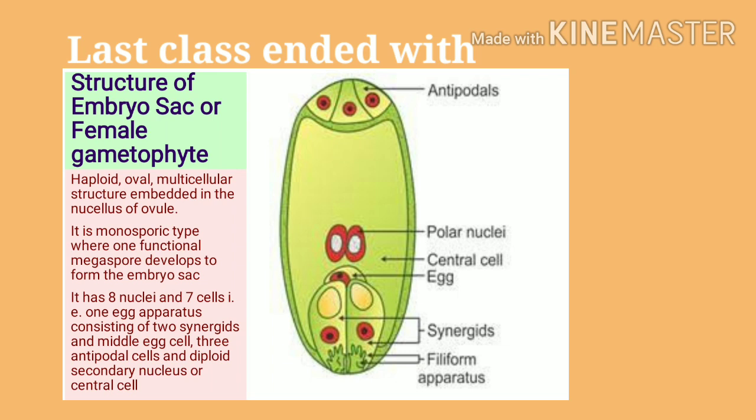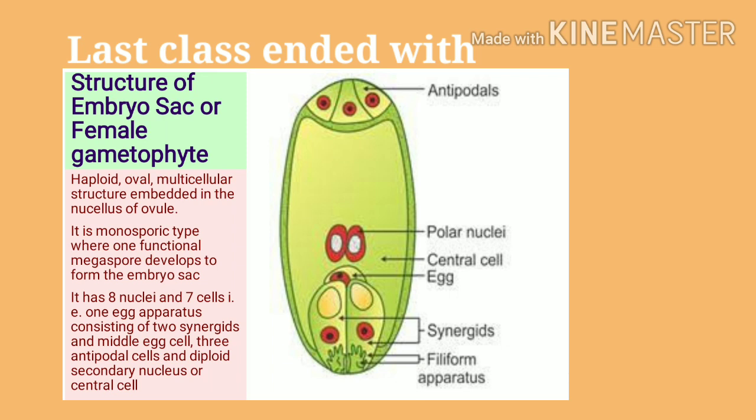It is generally called the monosporic type because only one functional megaspore develops the whole embryo sac. So this type of development of the megaspore is called monosporic. After the development of the megaspore, it becomes an 8-nucleated structure, and when these 8 nuclei get